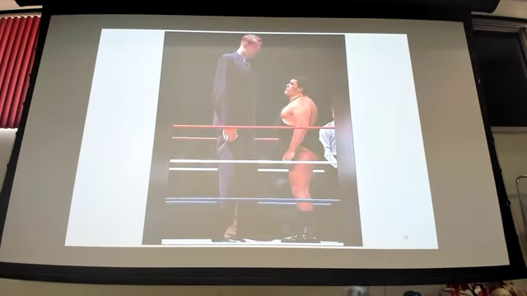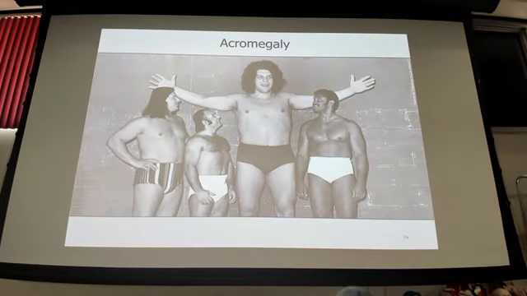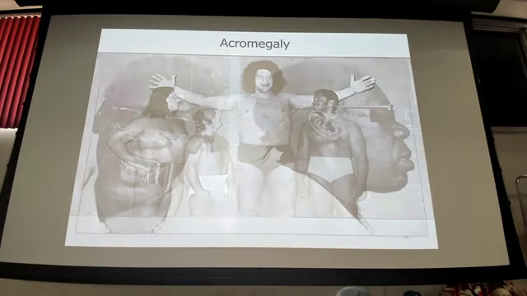But this is obviously not a real picture, but superimposed against Andre the Giant, that is Robert Wadlow. Andre the Giant had something that we call acromegaly, which is HGH hypersecretion in adulthood. So even though he was abnormally tall, it was more towards the end of his adolescence that he started to experience that. And so instead of remodeling and growing the bones, what it really causes is a thickening and growth of the bone. Anybody ever heard of something called frontal bossing, where you have a large frontal cranial area, right? Big, thick bones.